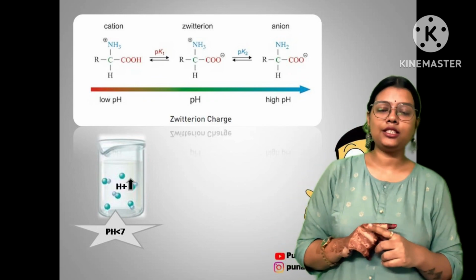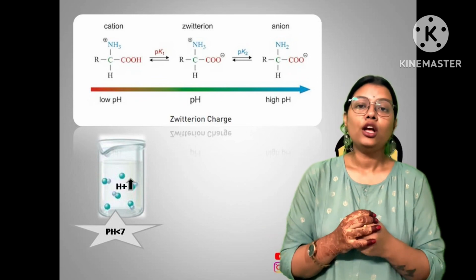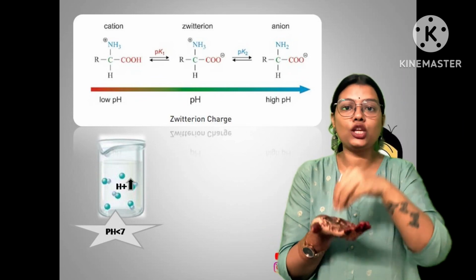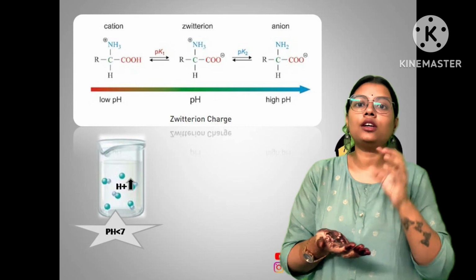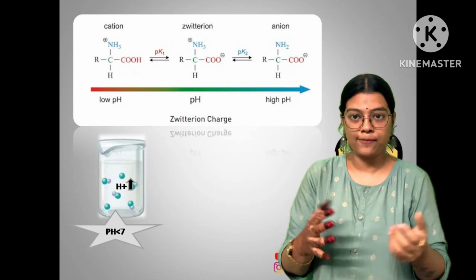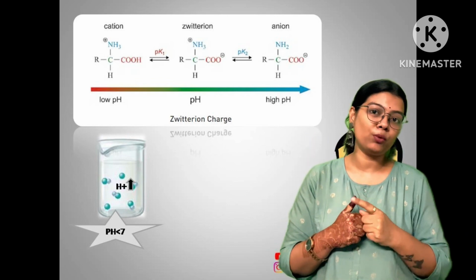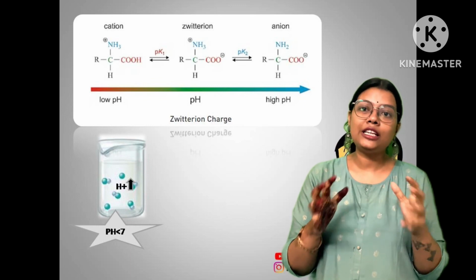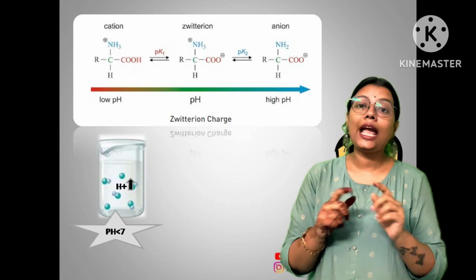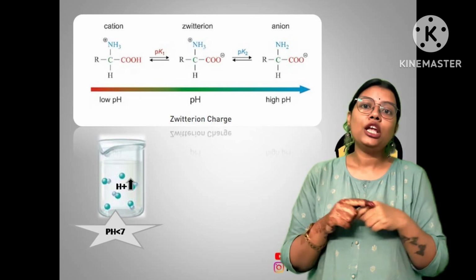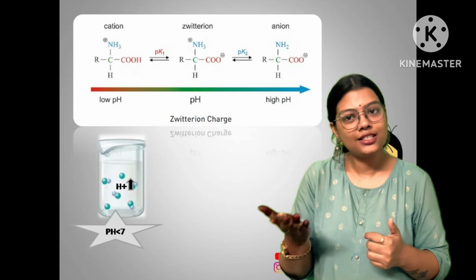The first condition is when the pH is less than 7, उसको क्या बोला जाएगा? Acidic solution, right? So अगर हम अमीनो एसिड को एक एसिडिक सॉल्यूशन के अंदर डाल देते हैं क्या होता है? We know in the case of acidic solution the concentration of proton is more or high. To maintain that, what will happen? Our proton acceptor, which is the amino group, will accept the extra proton that is present in that solution and NH2 will become NH3 plus. Okay, so here you are getting one charge, that is plus charge, right? So cation or anion, obviously it is a cation, right?